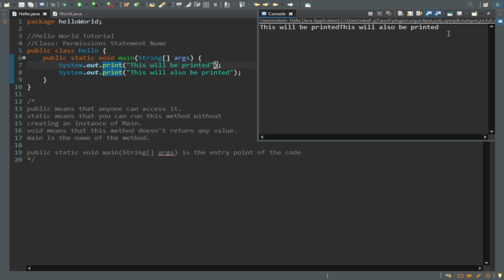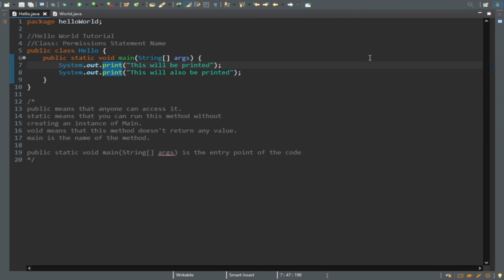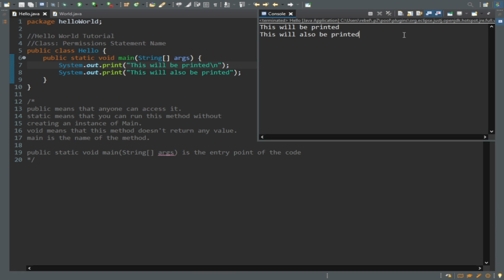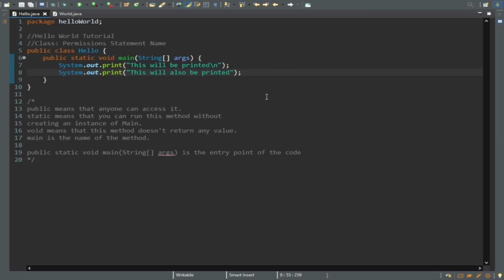Not good. But what it also does is, it basically uses print with this \n option, which now when I run it, look at that. Started off at the next line. The \n option just moves the cursor down 1 line on the console, and then prints this off. Alright, so now that we've covered what exactly print and println do,